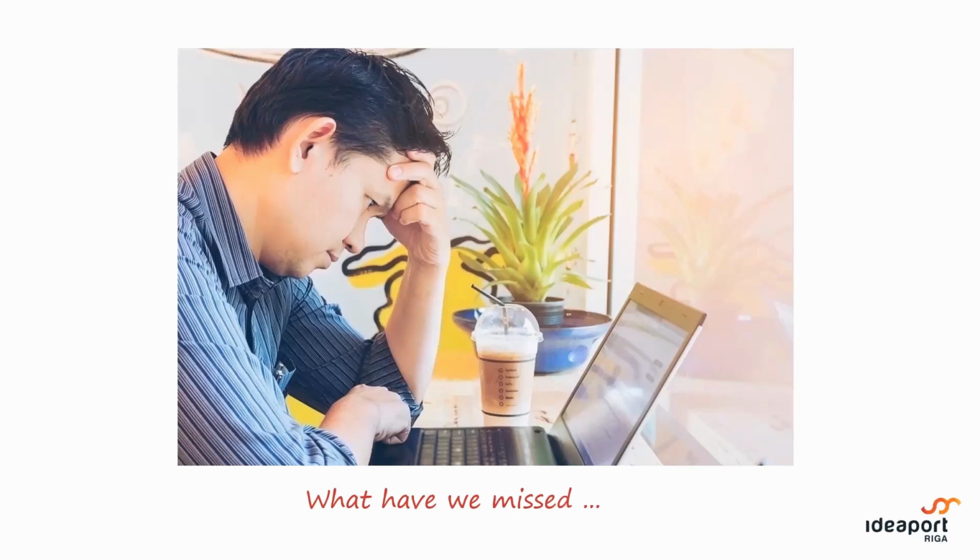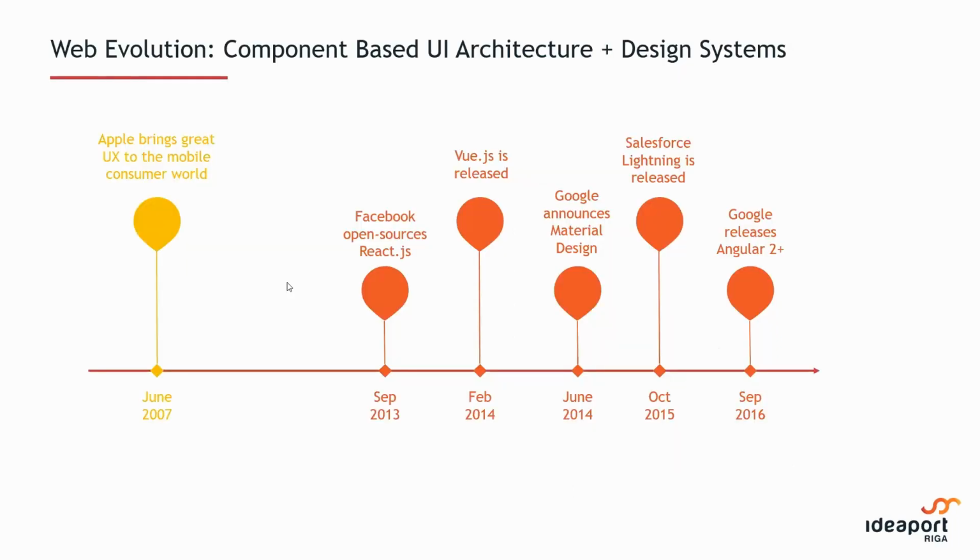But at the same time, nothing significantly different in terms of the UX for delivery. But basically, we think that overall the expectations have changed during the last several years, and as a reflection of it, we just put a slide together about web evolution, what has happened during the last 5 years since